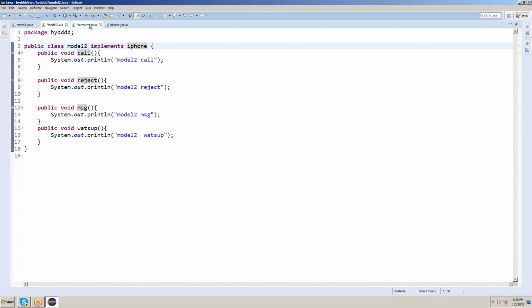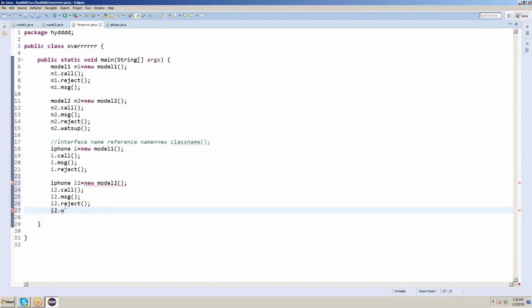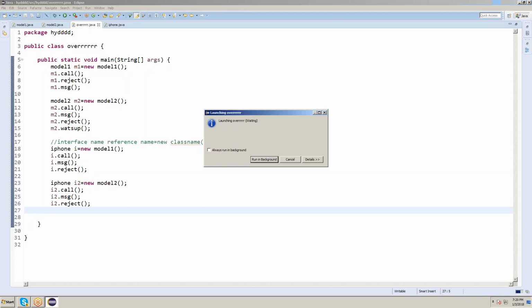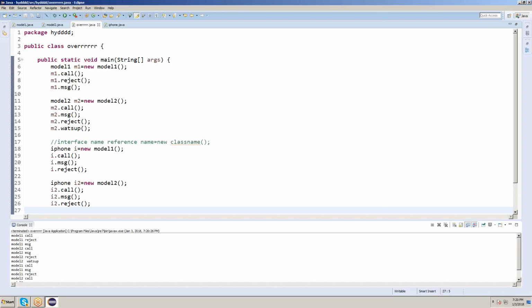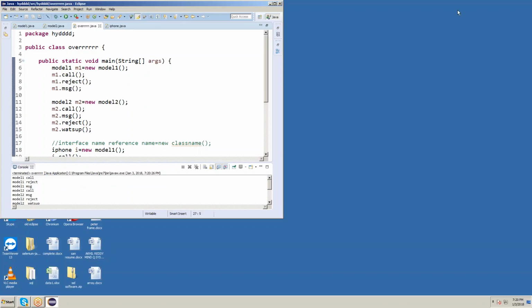Save. Here we can't get WhatsApp. Whatever we have in the interface, those functions only we can get. Otherwise we can't get them. Save. Click on run. Using this interface concept only we can enter into Selenium. Whatever we have in the interface functions should be there in each and every